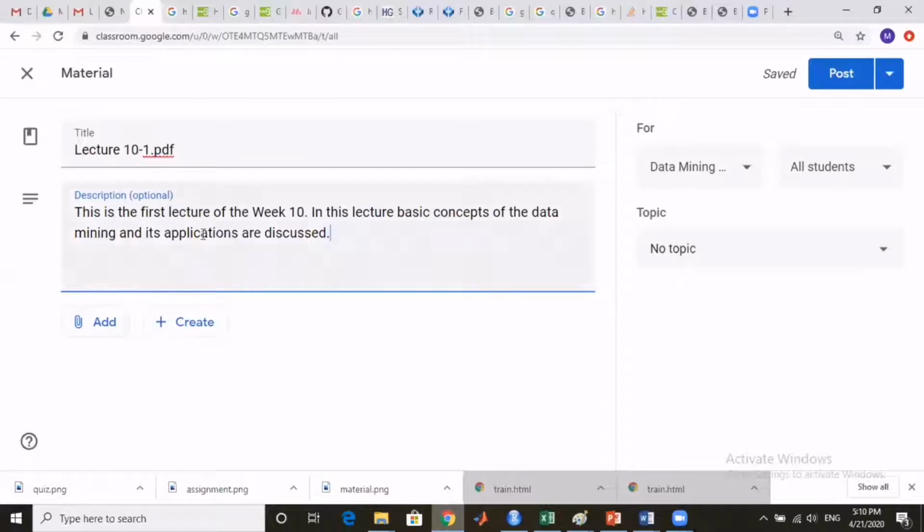Now I will click on the add button to add a resource. When I click on the add button, there are 4 different mechanisms by which I can add a particular material or resource in the week. First of all, I will click on Google Drive. This will show that I am adding the material from the Google Drive, as we have uploaded our e-course folders on the Google Drives, and after the acceptance from the department, from the online committee, those materials will be uploaded in the classrooms. So first of all, I will select from the Google Drive.